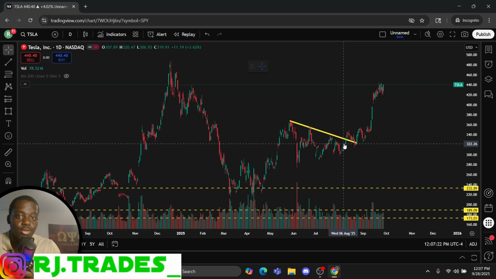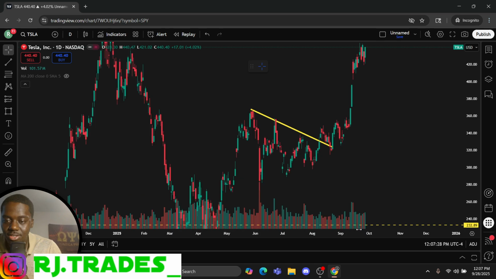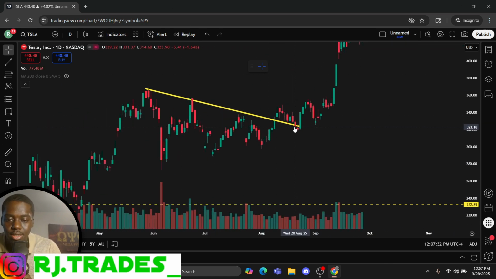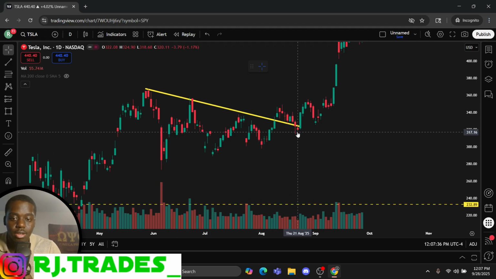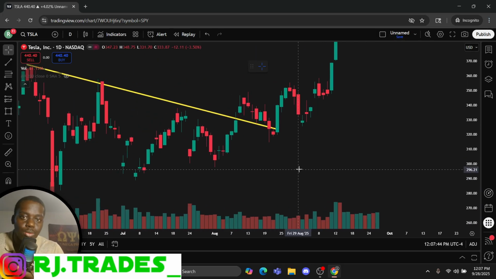But when it got to this line, what did it do? Look what it did. Now I'm about to tie some stuff in. Let's see if you're paying attention. When it came back down, look at your candlestick. It came back down and turned it into a support. Look at this candlestick right here that told you. Look at this long bottom wick. What I said a long bottom wick means is that buyers are stepping in.